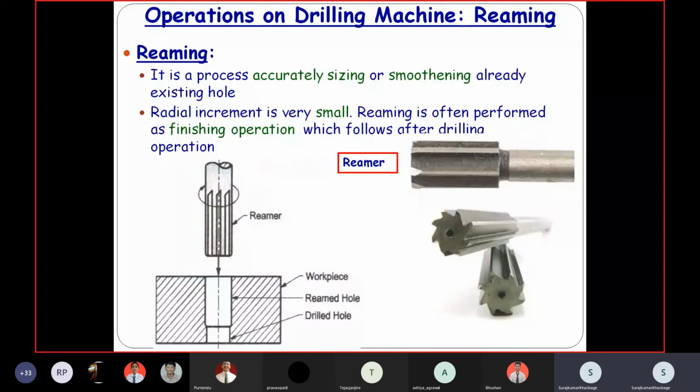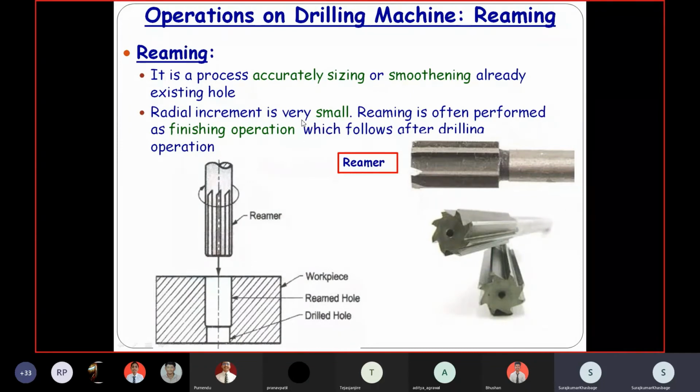Then the next operation is called the reaming operation. This is called a reamer, you can see this is the reamer. A reamer is used for an already drilled hole. It is the process of accurately sizing or smoothing the already existing hole. I think this is very clearly written here, so no need to discuss in more detail.